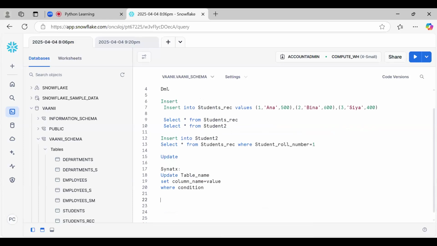Suppose while doing entry, the marks for this person, Anna, should be 600, but mistakenly I have entered 500. In this case, we can update.